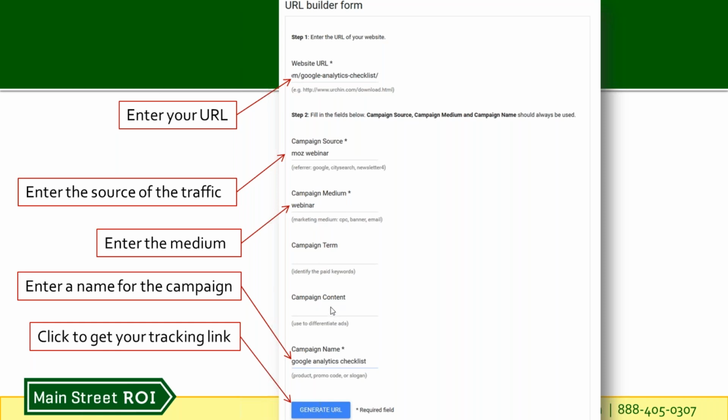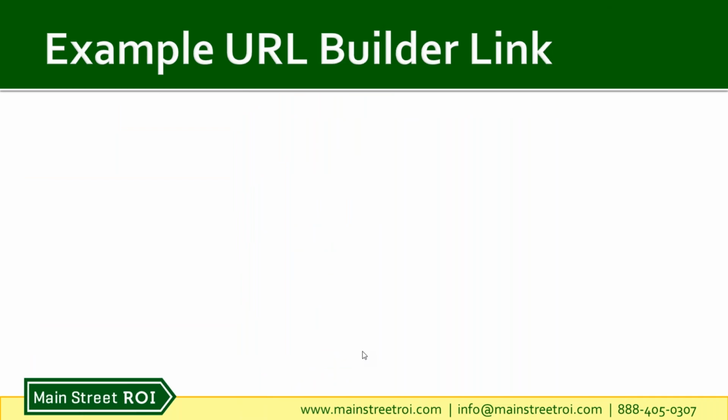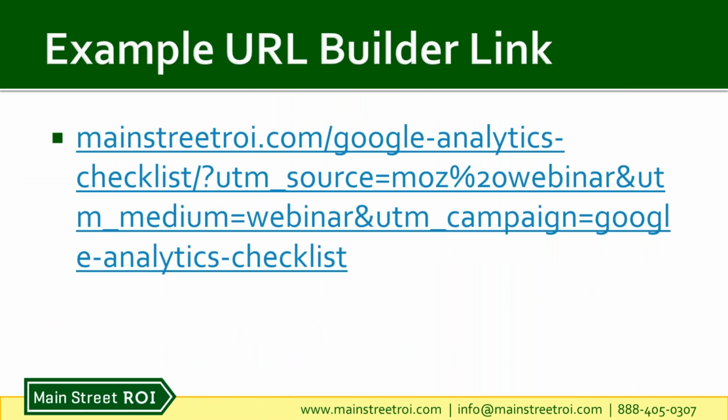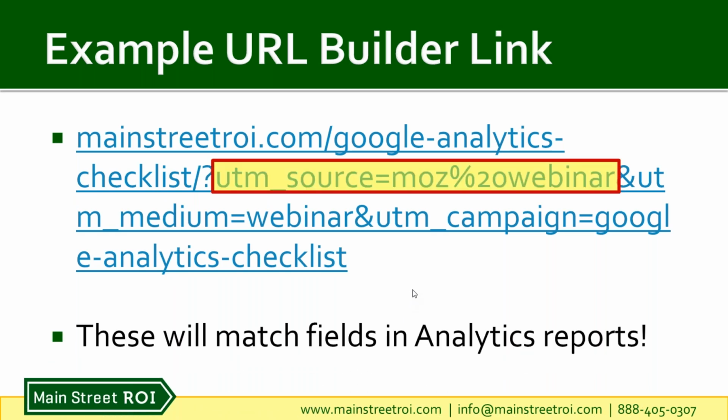And then at the bottom, I gave it a campaign name, which is Google Analytics Checklist. And then you can see there's a blue button, Generate URL. And that created this URL right here. So it's the same mainstreetroi.com/Google Analytics Checklist. So it is the checklist. And then you can see, I think I have these highlighted. Yeah, here we go. You can see UTM source equals the Moz webinar, because again, I wanted to